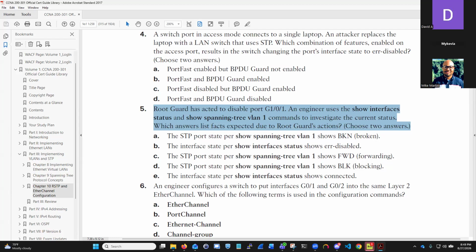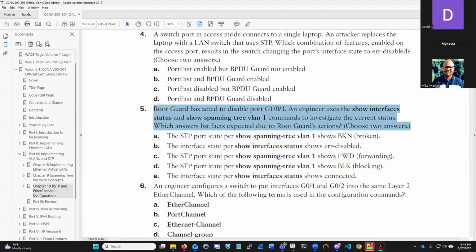Right. Let's read through the question, and let's think about what root guard is. Exactly what you said. If we enable that on a switch, the thing about that is that whenever a switch receives a BPDU because it's listening to that multicast address, it's receiving BPDUs. So if it sees a BPDU that has a superior value than itself,